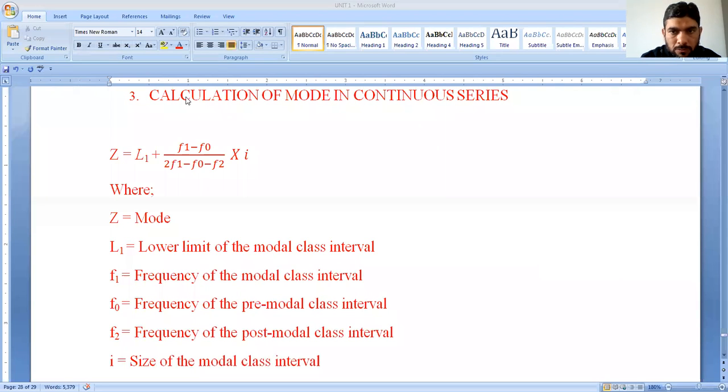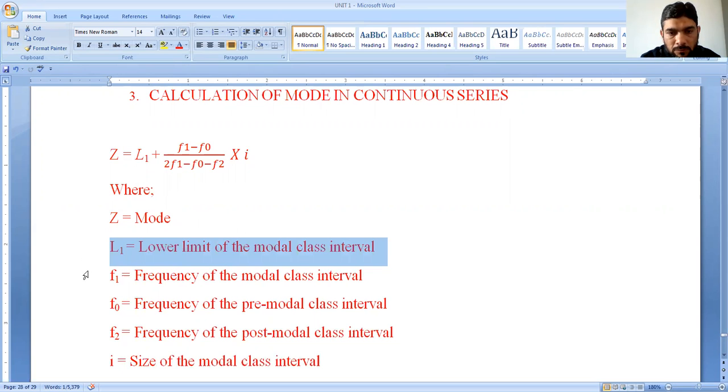Hello students, today we are going to see mode in continuous series. The formula for mode in continuous series is Z equals L1 plus (F1 minus F0) divided by (twice of F1 minus F0 minus F2), multiplied by I, where the values are Z, which means mode,